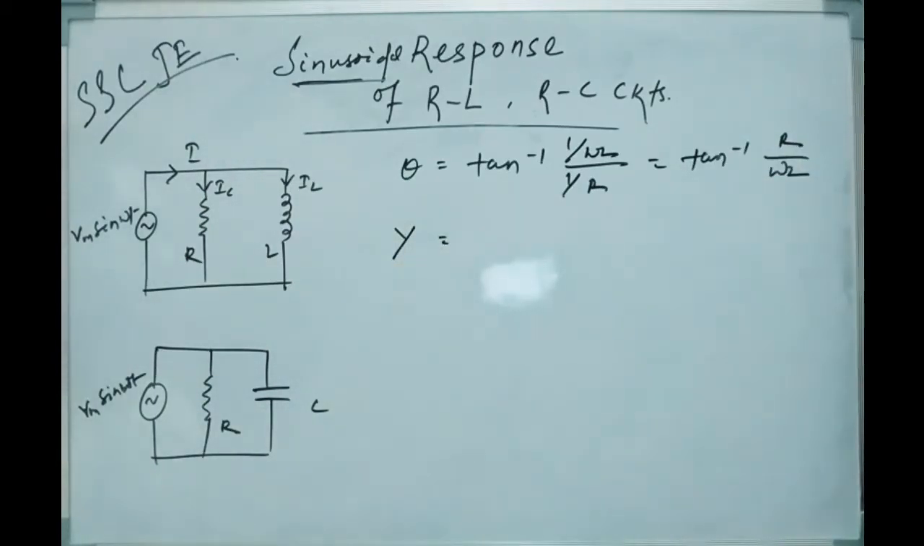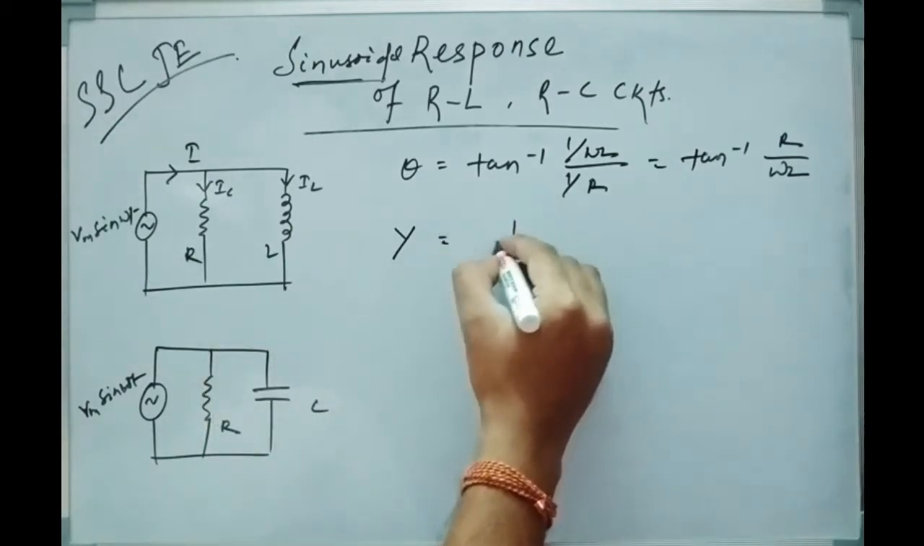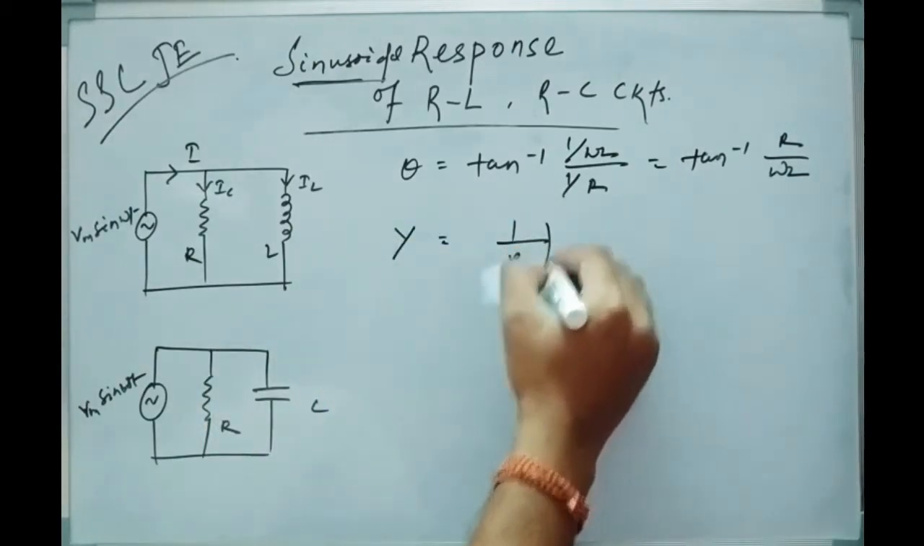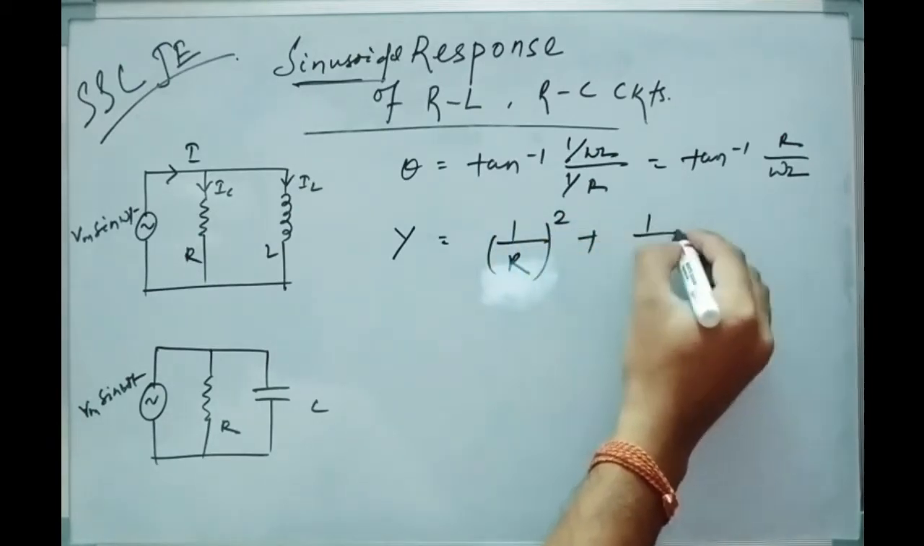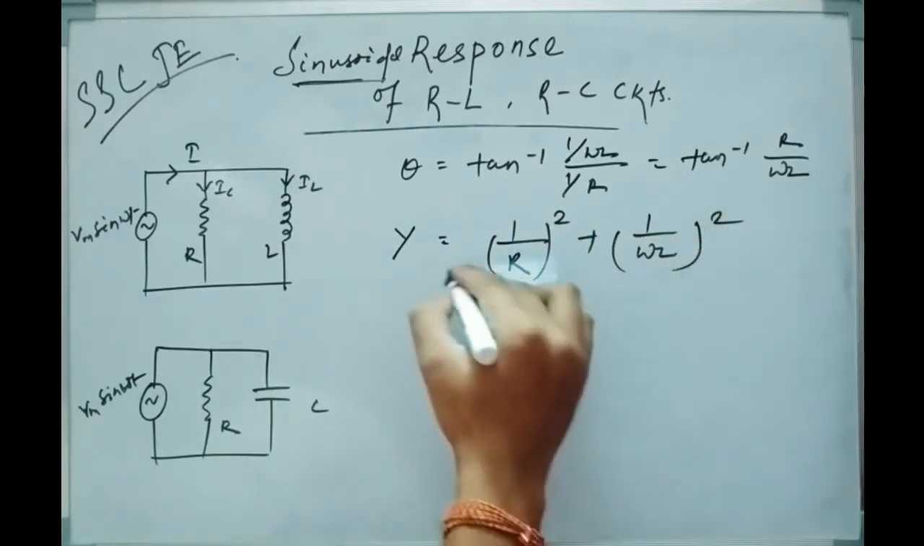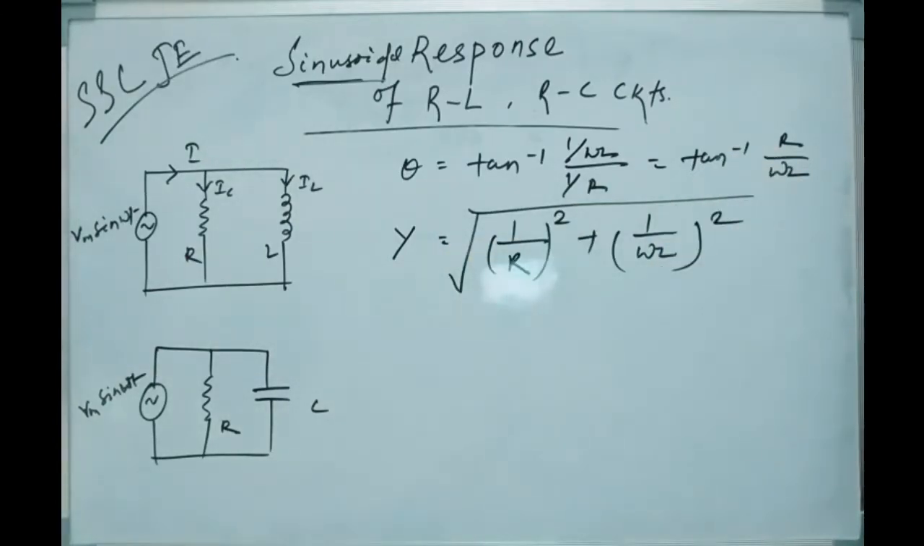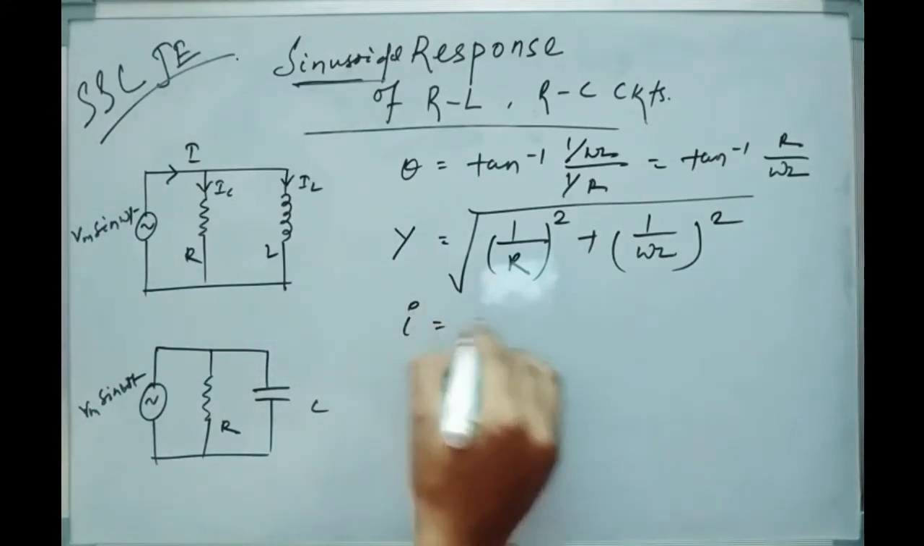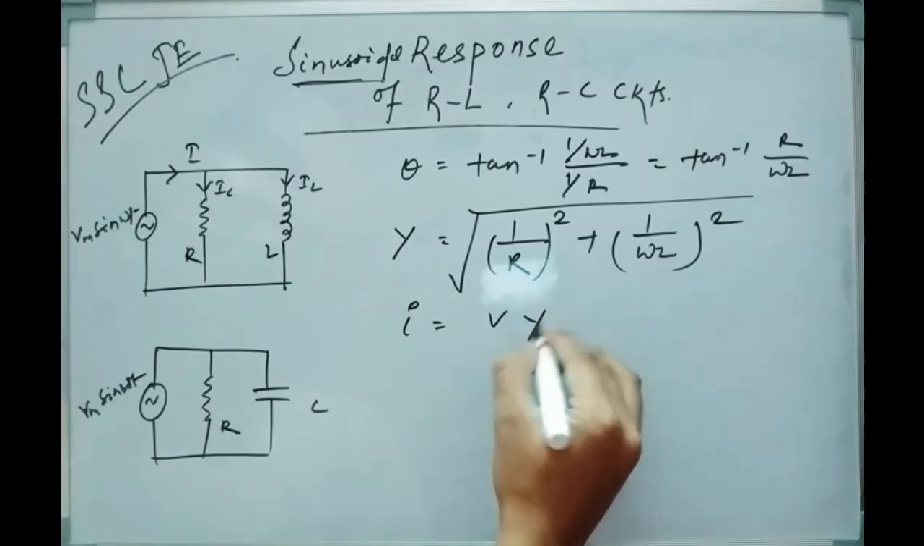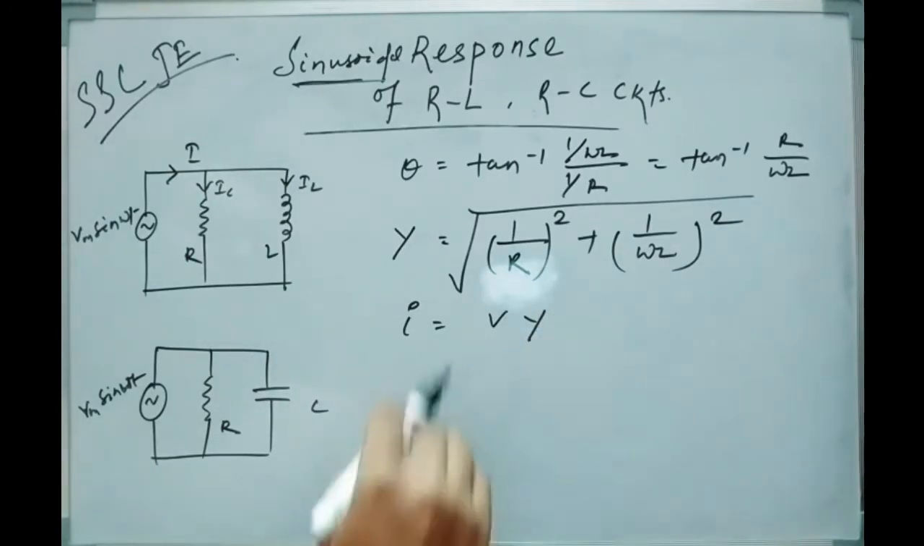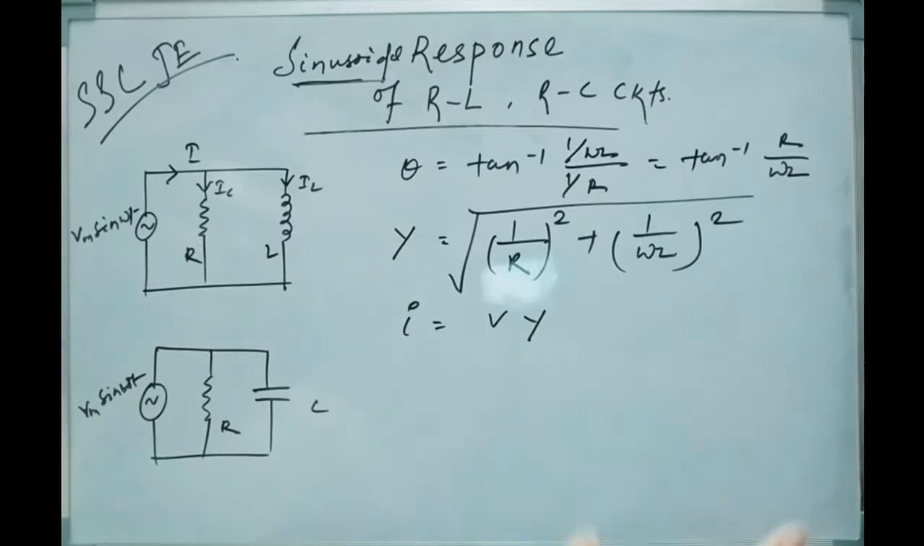There we were finding out the impedance. Here we will find out admittance. The reciprocal of impedance is admittance. So Y equals square root of (reciprocal of R) square plus (reciprocal of omega L, or inductive reactance) square. Got it? Then put this equation, because current is nothing but V into Y. So just put Y here, and in place of sine omega t,